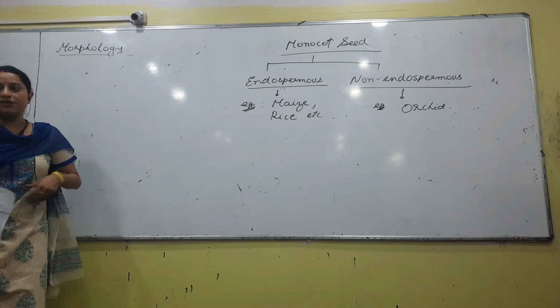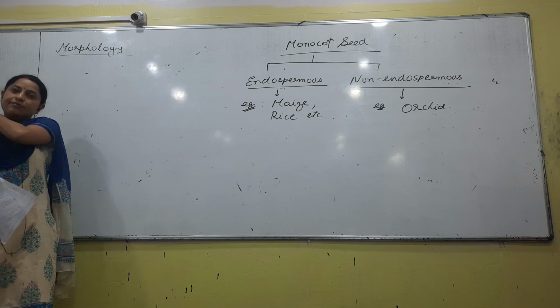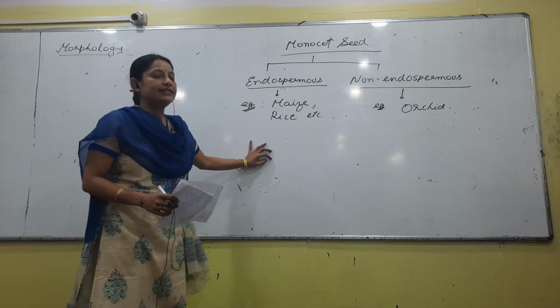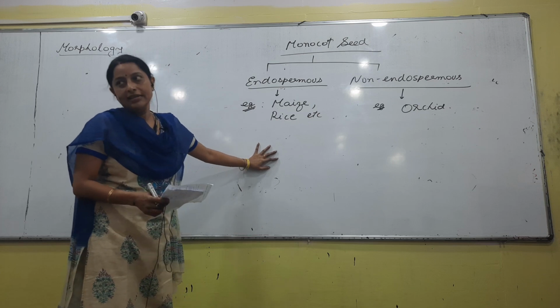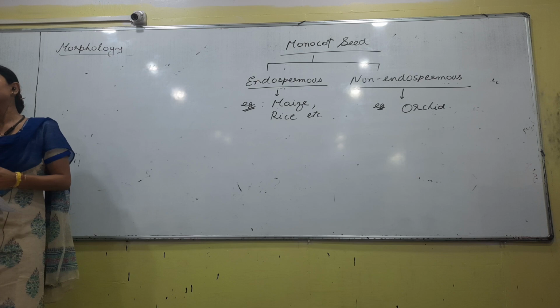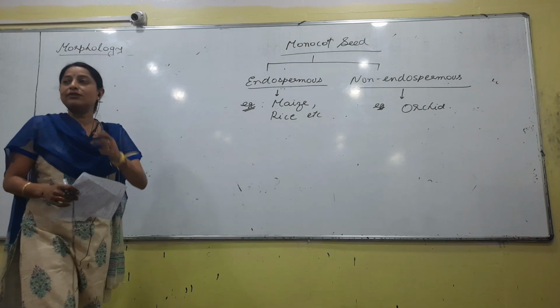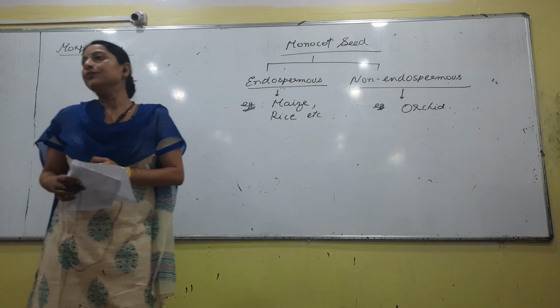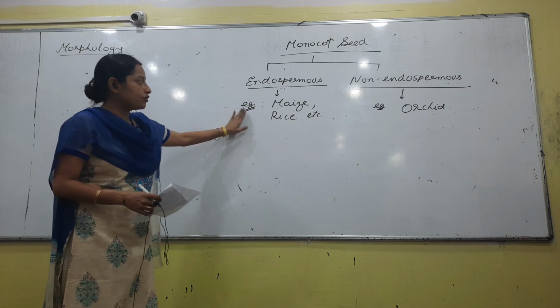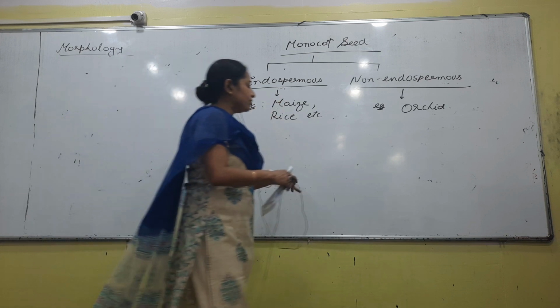Do we say maize seed or maize grain? We use the word maize seed or we use the word maize grain. It is a grain, right? So, a seed is said to be a grain when you see a particular condition. What is the condition? We will be talking about it in the Xerox that I have said that I will give you. Okay. So, we have to talk about this too. Make a heading for it later.